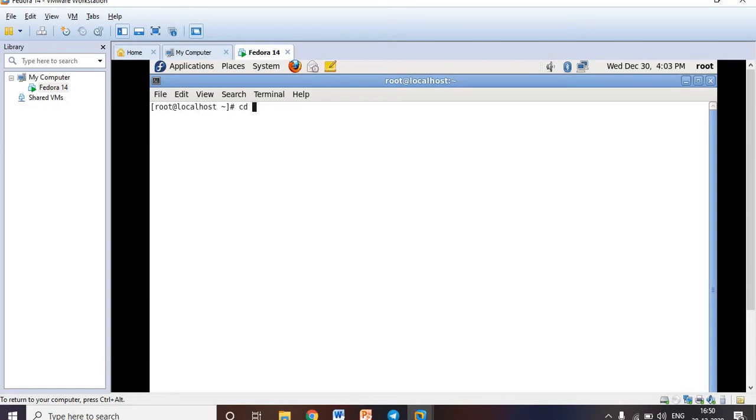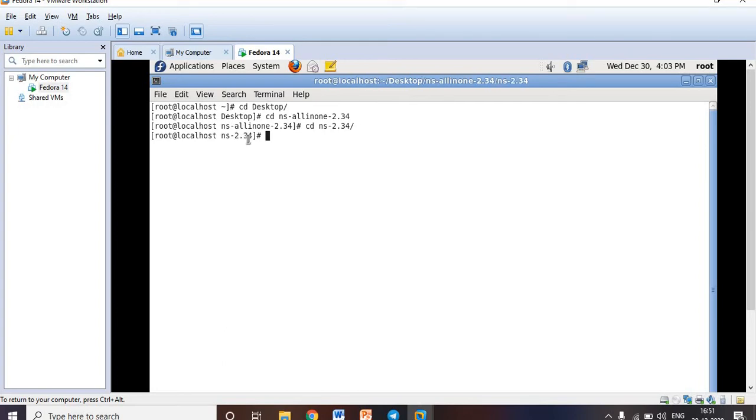Now I am going to desktop. You can see here I am in the desktop folder now. Then cd space ns all-in-one. Press enter. I am in ns all-in-one. Then cd space ns 2.34. I am in this folder now.